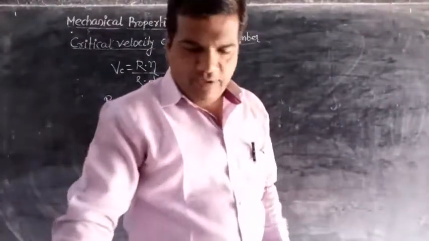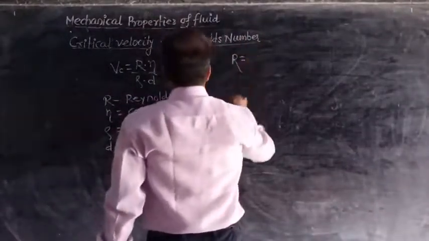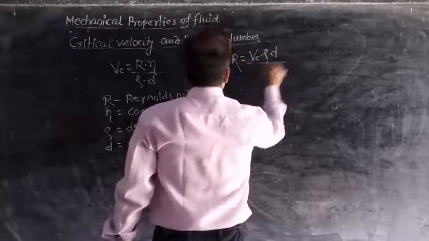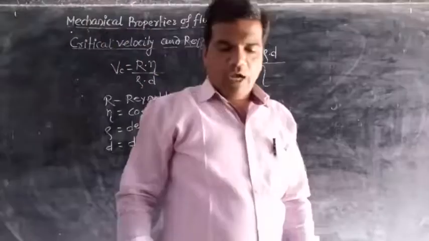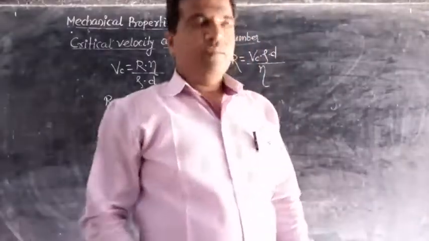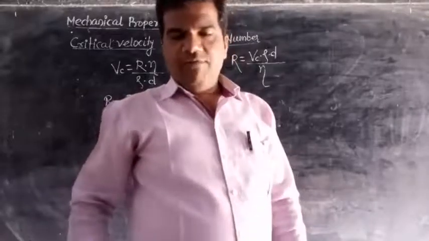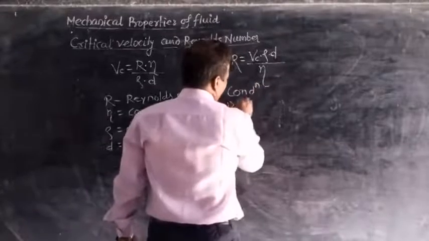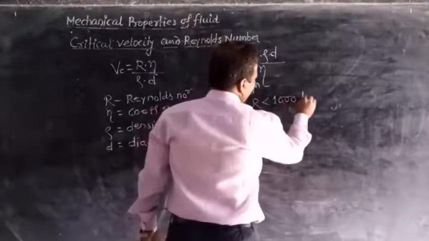So using this formula we can write the formula for Reynolds number, that is R equal to Vc into rho into d upon eta. This is the formula for Reynolds number. Now conditions for Reynolds number. What are the conditions? If the value of Reynolds number is less than 1000, then flow of liquid is streamline. That is condition number 1. If R is less than 1000, then